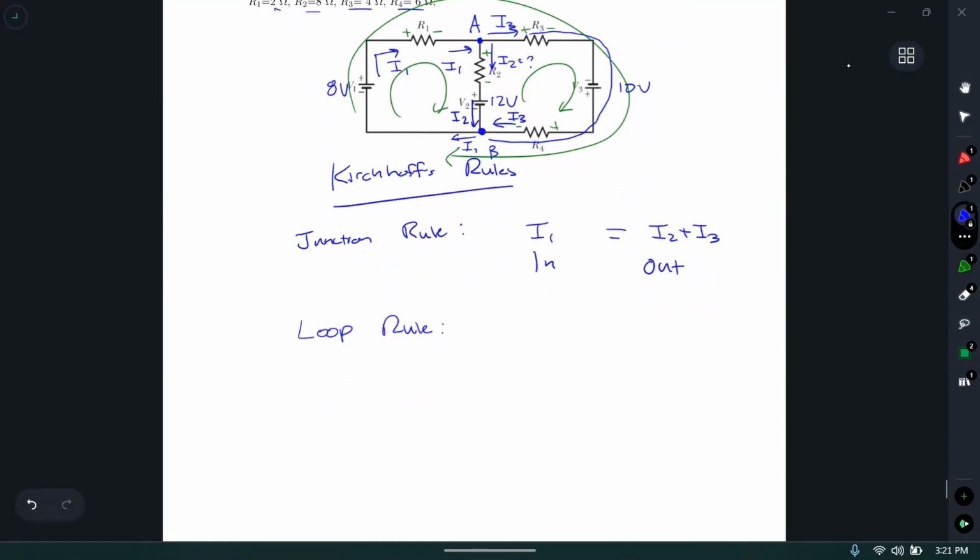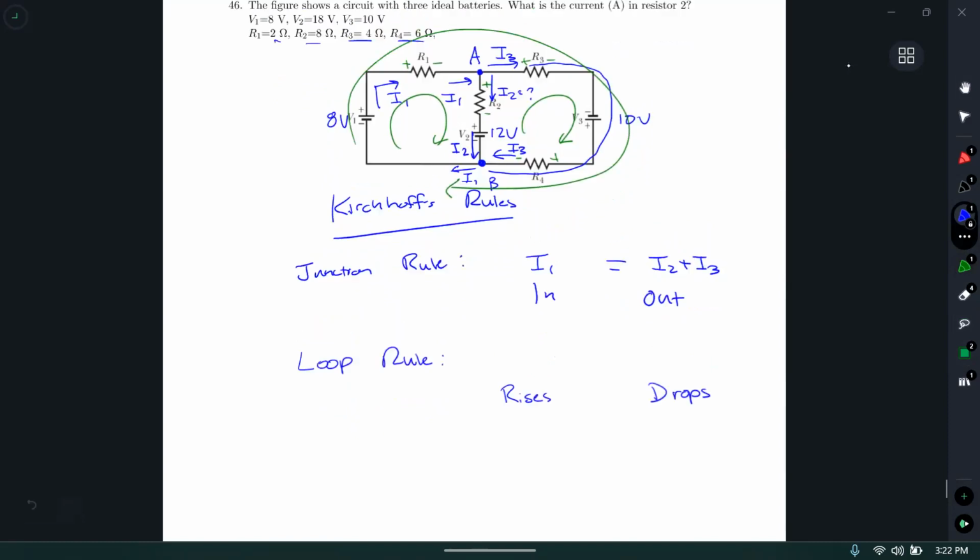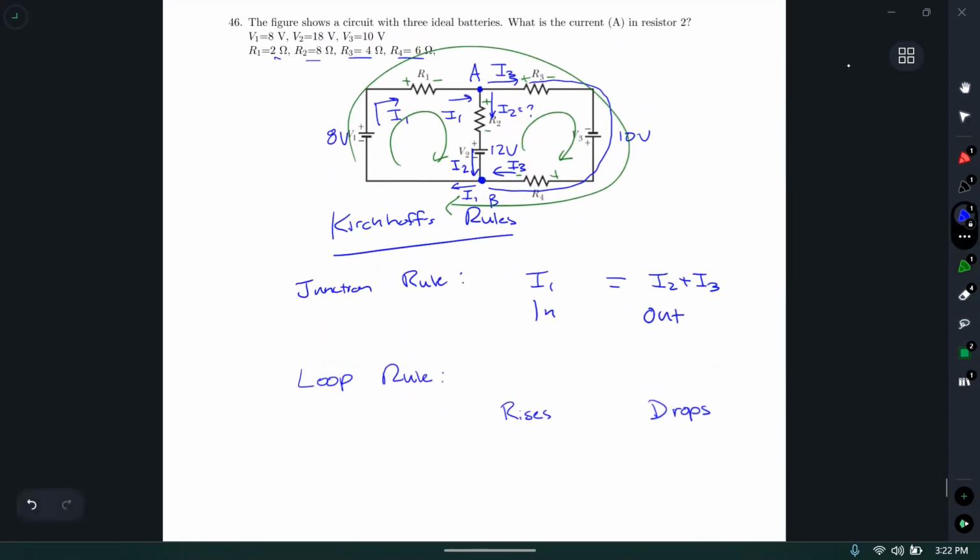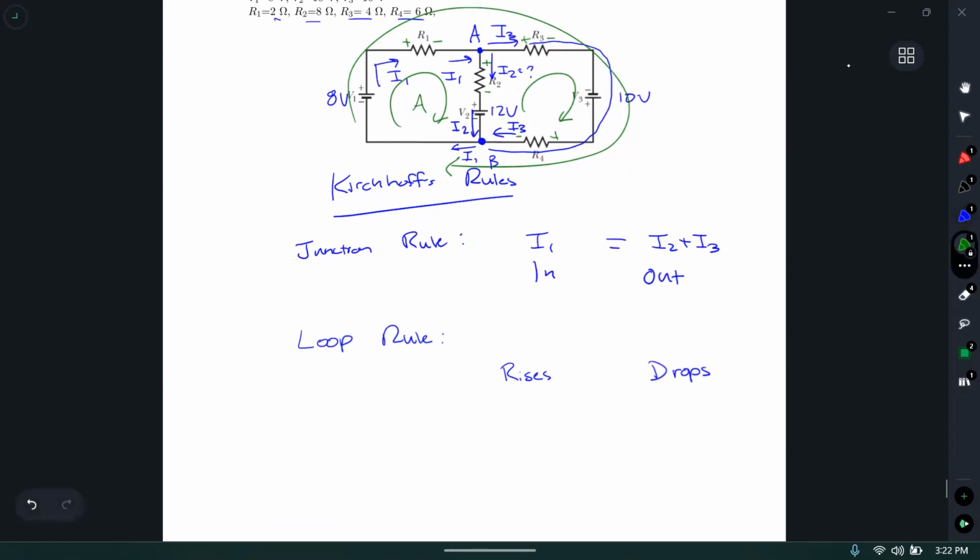Loop rule says, follow a loop around and see where you have rises in potential, where you go negative to positive, low to high, or we have drops where you go positive to negative, high to low. So around loop A, let's start with that, and then we'll go loop B. For loop A,